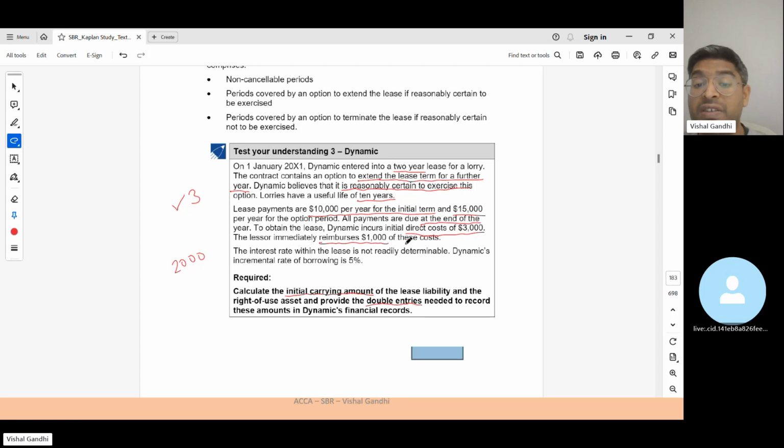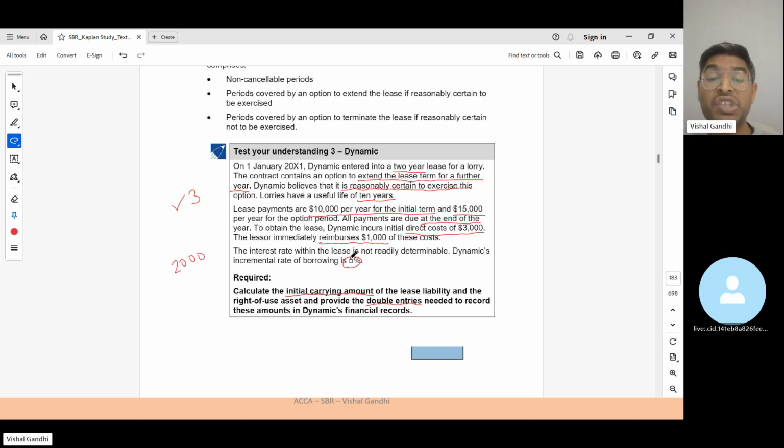Interest rate within the lease is not readily determinable. That means the implicit rate is not available. So in that case, what do we use? Incremental rate of borrowing, that is 5%. So we will use this rate, 5%. Okay. Now let's